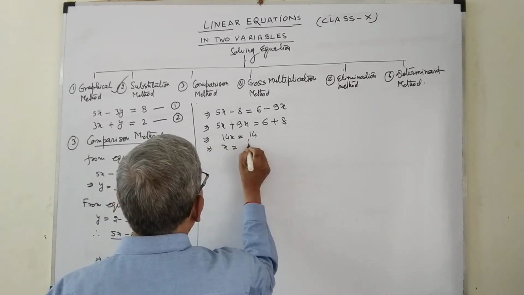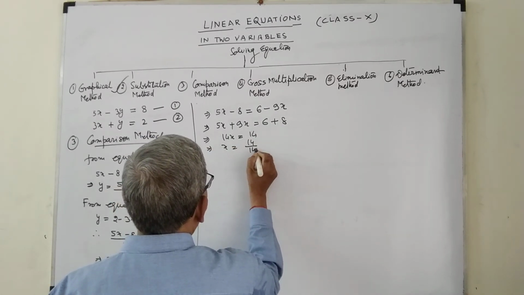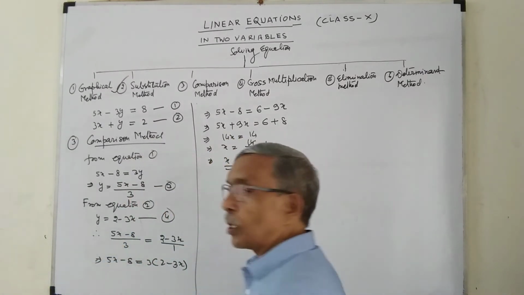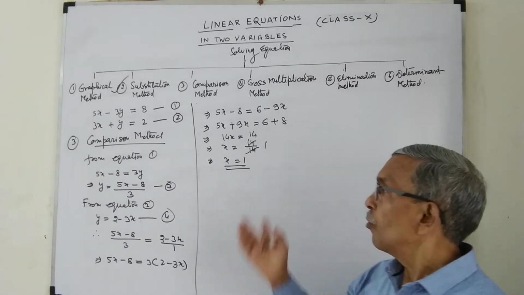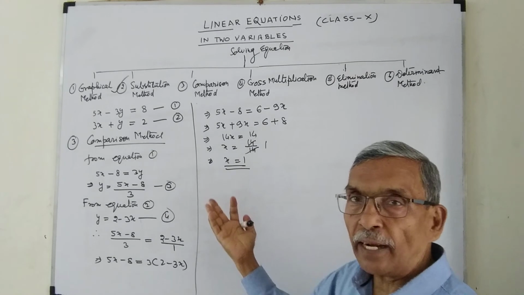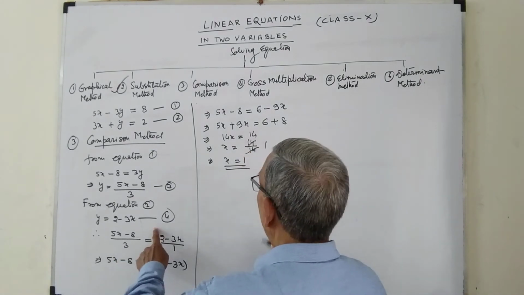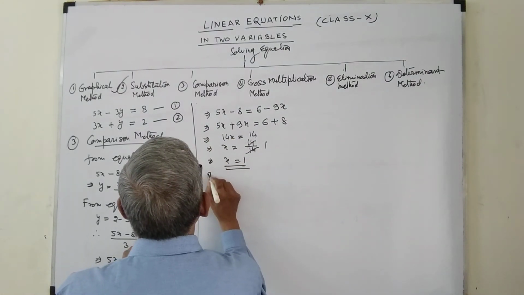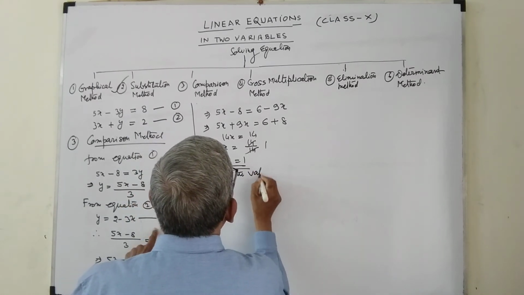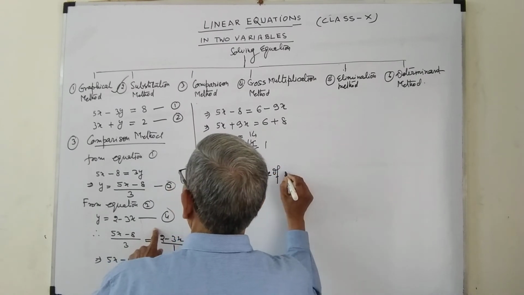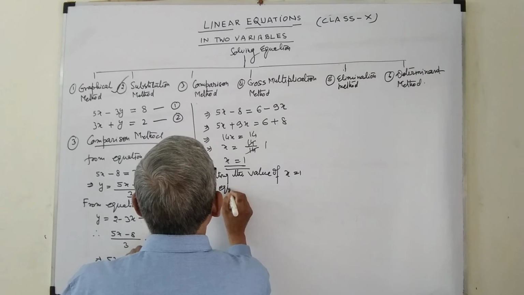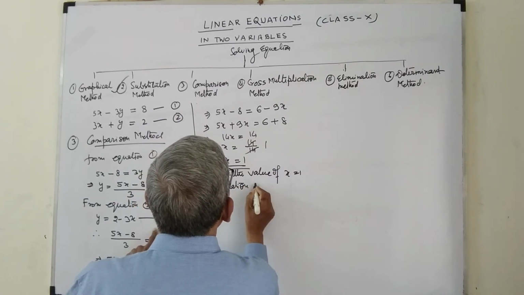So x is equal to 14 by 14, so x is equal to 1. We got the value of x is equal to 1. Now we substitute the value of x in either of the equations. So let us substitute here in equation 4, it is easy. So putting the value of x is equal to 1 in equation 4,